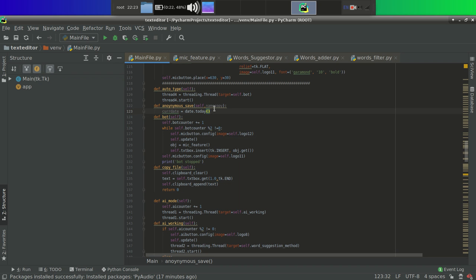Now what we want to do, we have fetched the date, but one more thing also, actually we are working with anonymous save. So it is our duty to make a variable for time also, because we are working with both date and time in anonymous save. So current date equal to date dot today means current date,